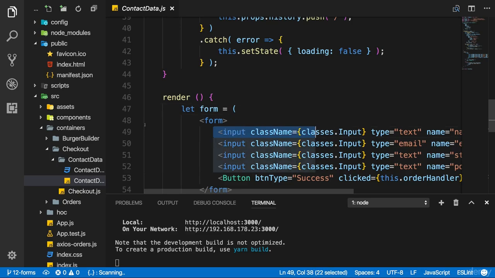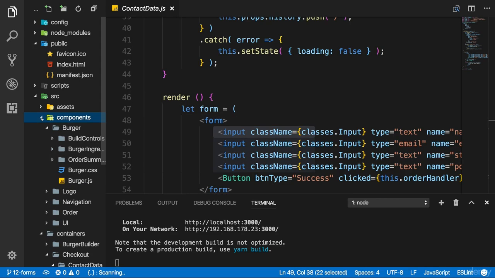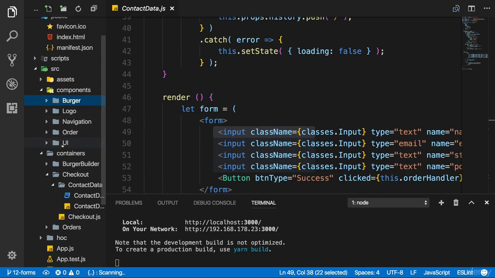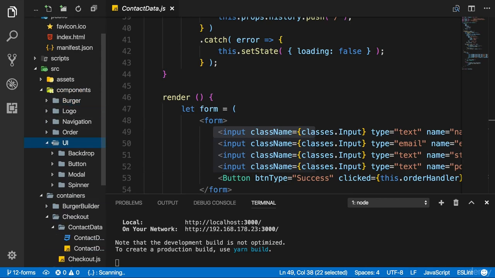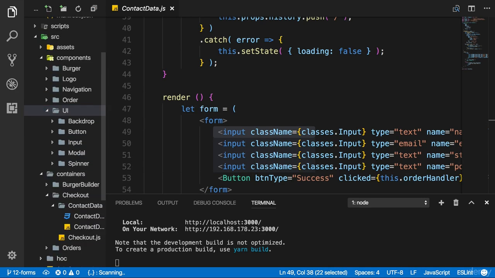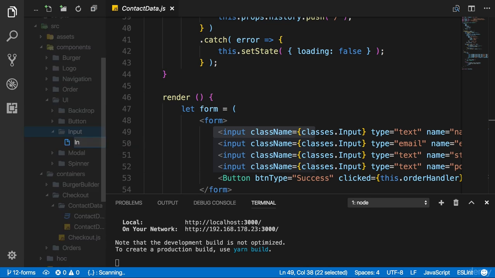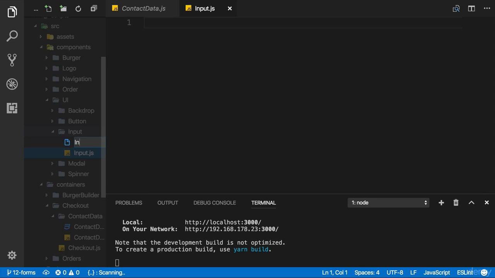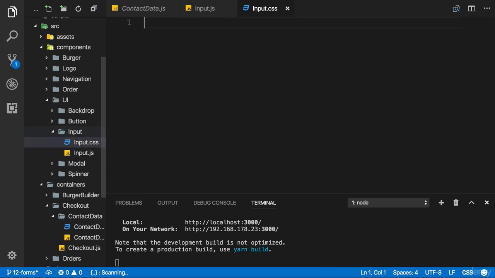Let's put the input elements into their own components. For that, I'll go into my components folder, and there we have that UI folder which I created a long time ago. Now in there, I'll create a new subfolder which I'll name input. You could even create a new subfolder which you name forms, where you then create the input subfolder, but I'll go with this approach. In there, I obviously want to create an input.js file and an input.css file for the